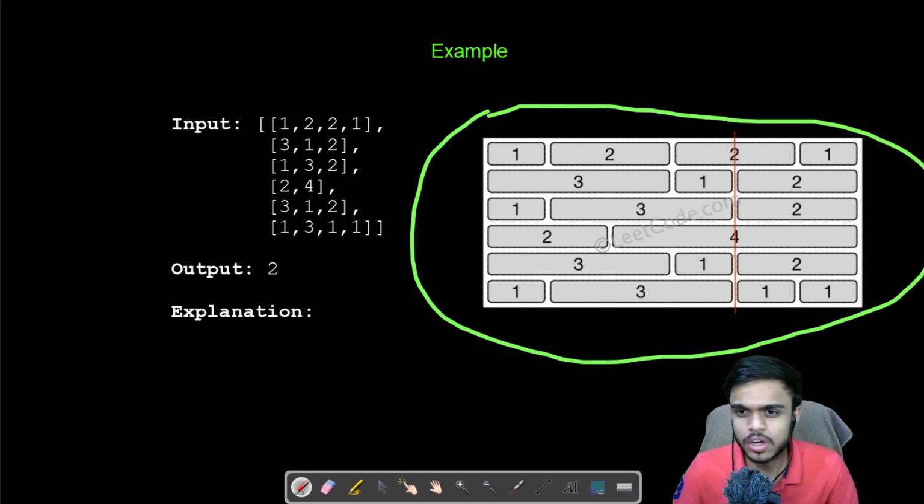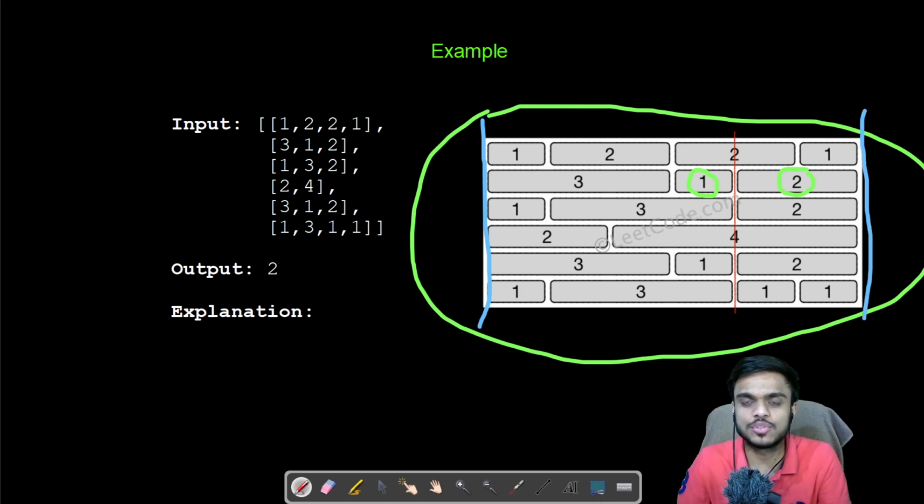If we draw any particular vertical line, let's take this red line for example. This red line is said to be crossing just two bricks, that is the brick of length 2 and the brick of length 4. The red line is not crossing the brick of length 1 and the brick of length 2 because the line is just passing through the edge of these two bricks. The last thing that they have mentioned is that you cannot draw lines directly on the edge of the wall, that is this line and this line, because